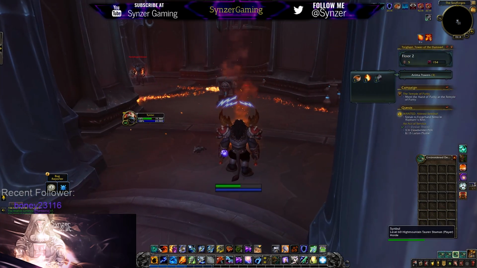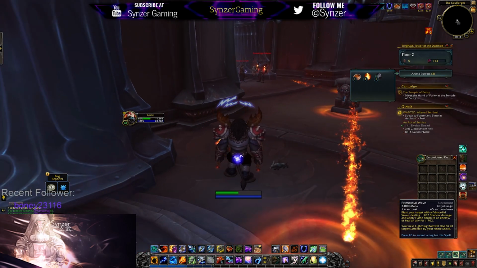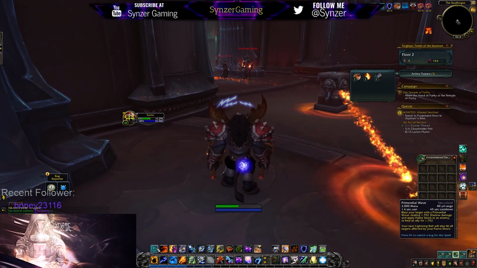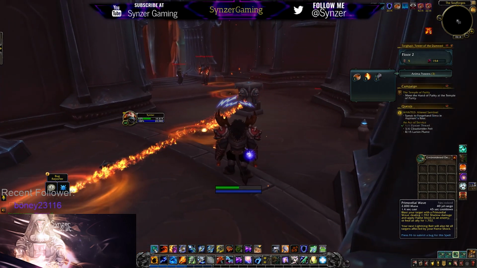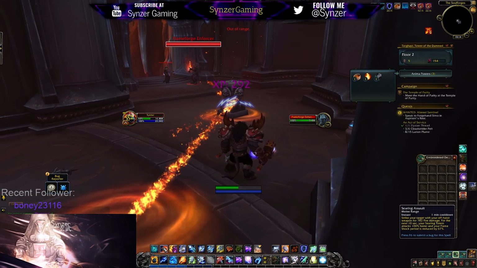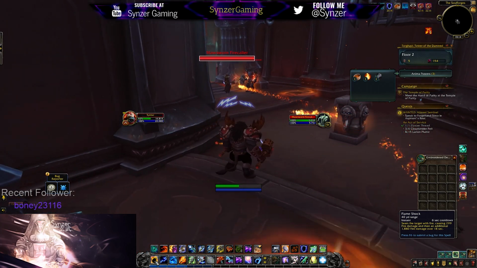So the Shaman Necrolord ability is not bad, but it doesn't seem that great, honestly, to me. I mean, it's some decent damage up front, and it can heal, and also cause the next lightning bolt to hit all targets affected by flame shock. And it applies flame shock to the enemy. But it's on a 45-second cooldown, and so